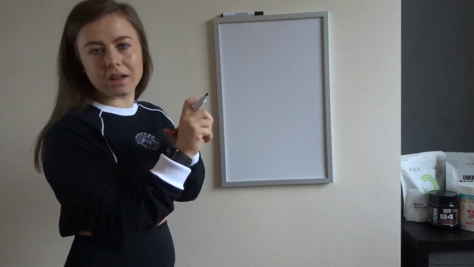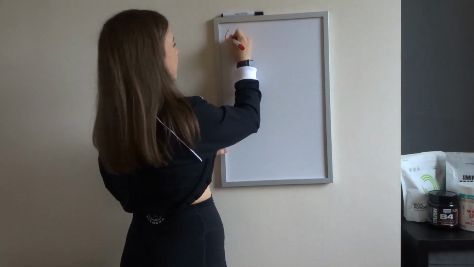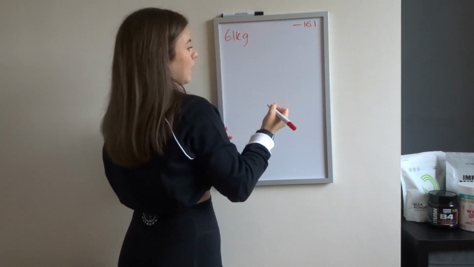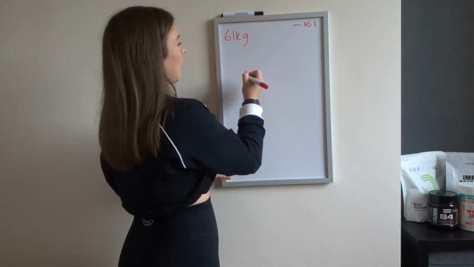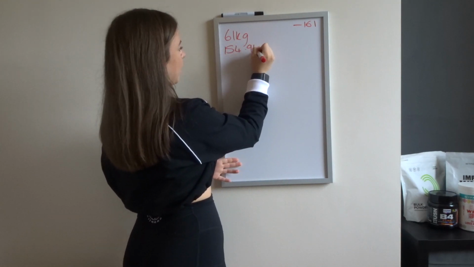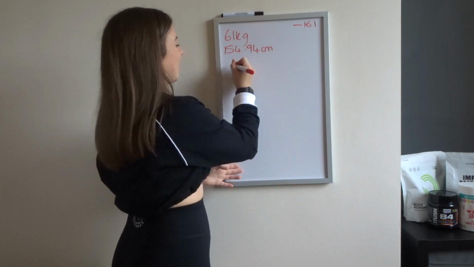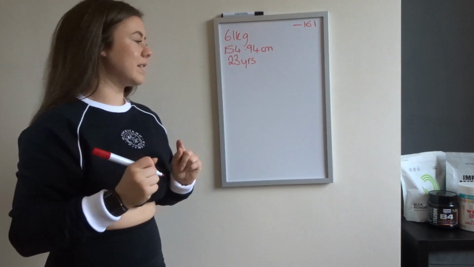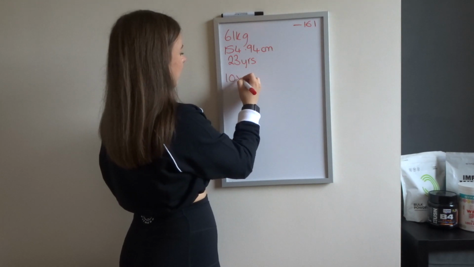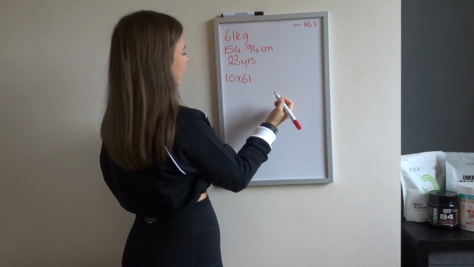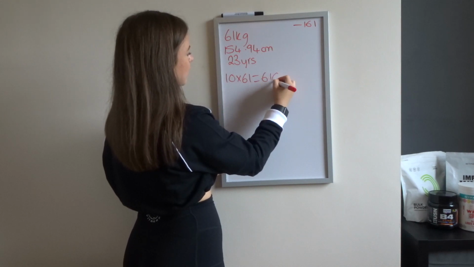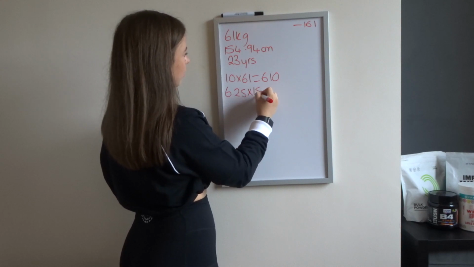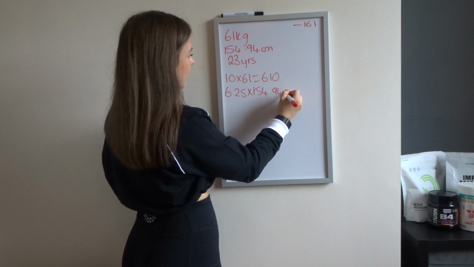So, feeling very professional. I am a 61 kg female, so being a female I need to minus 161 from the total when we do the equation. I am 154.94 centimeters in height and I am 23 years of age. So the sum we need to do is 10 times our body weight, which is 61, which is 610, and then we need to do 6.25 times our height, 154.94,